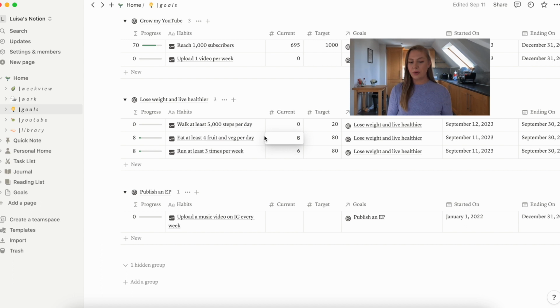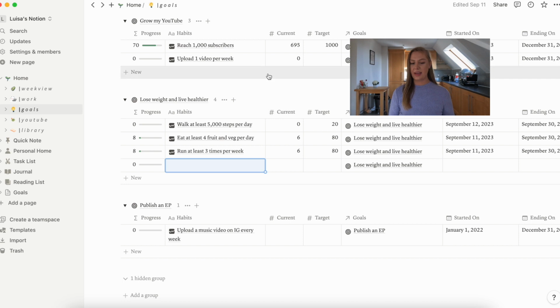The eating at least 4 fruit and veg per day, I'm doing really well at. I'm having 5 a day, if not 4. I think it completely depends on your lifestyle, but for me and the way my lifestyle is, I do really struggle. Well, I did. I don't anymore, because I've got into a really good routine of having Greek yogurt and fruit for breakfast, a healthy lunch with veg, and then also a glass of orange juice with it. If you watch my last video about the truth about digital nomading, you'll know I was very ill, so this is very important to me, that I improve my health and boost my immune system, basically.